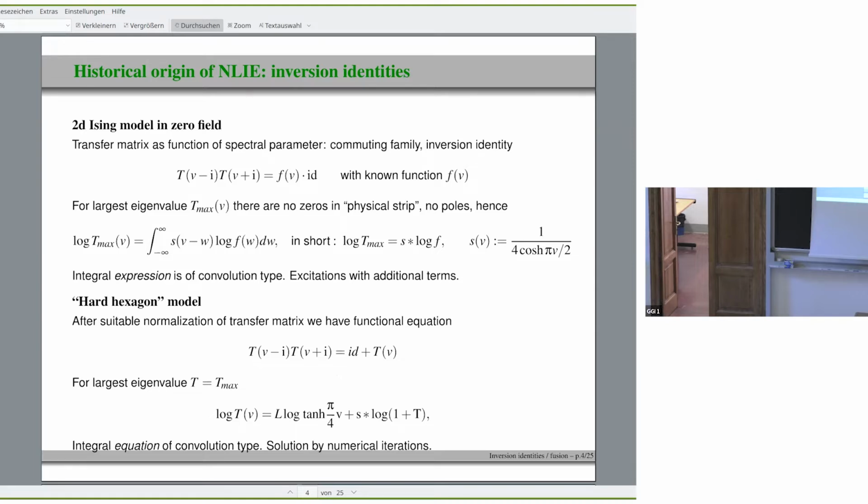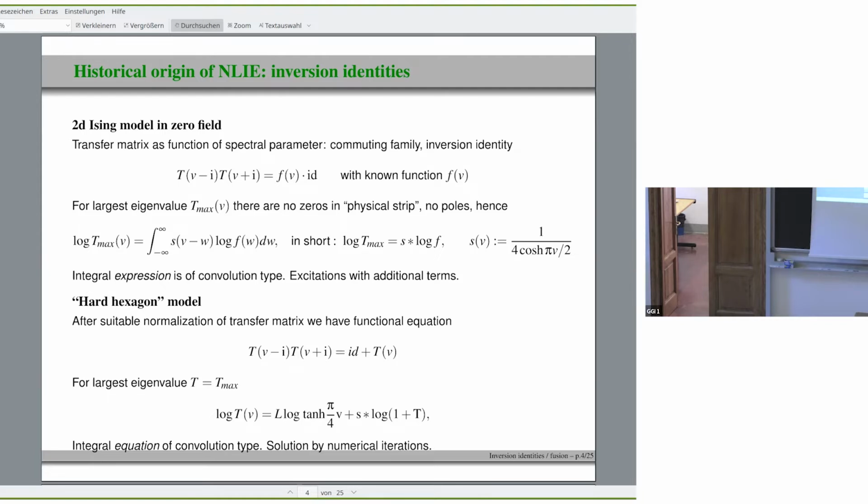So how do we solve the 2D Ising model? I want to take a very simple approach. We take a certain parametrization, or let's say a certain representation, of the 2D Ising model in zero external field, and take a transfer matrix. The transfer matrix, as we know, is of free Fermion type, but if you don't know it, you can use these parametrizations that are suggested by the Yang-Baxter equation, and then we find that